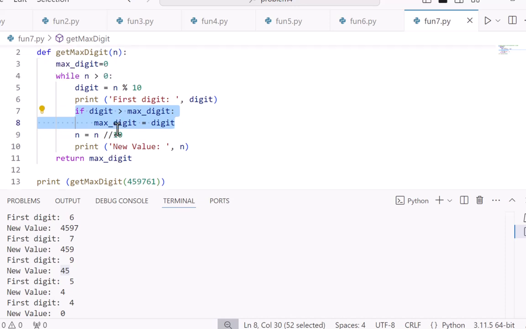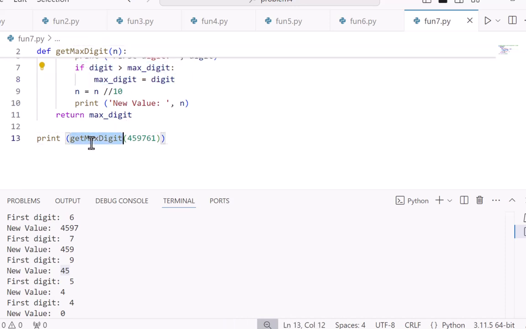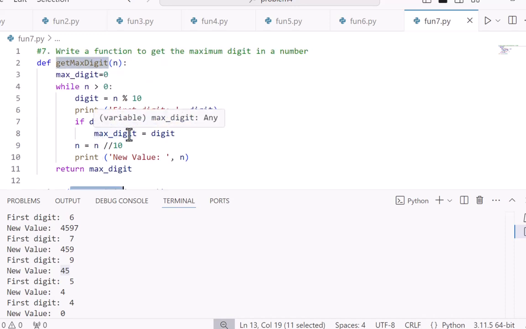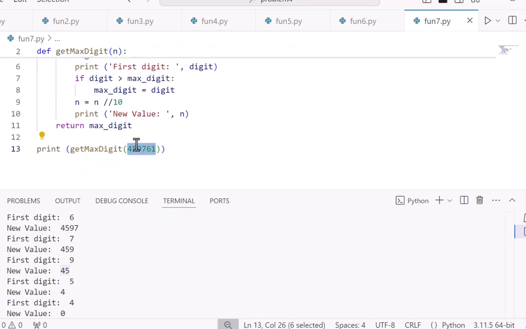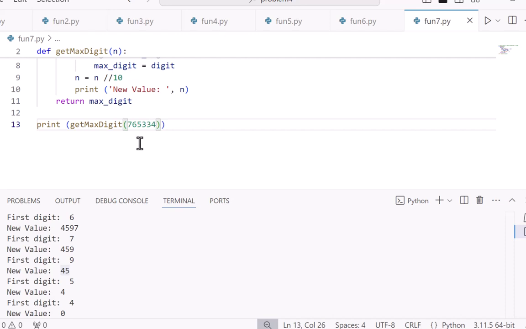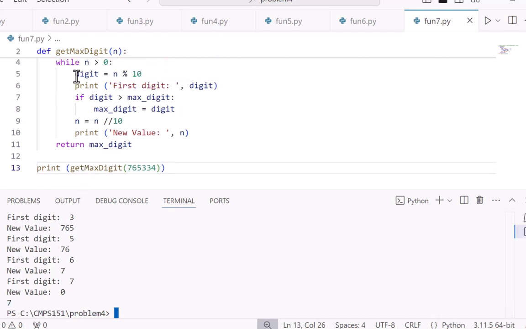So, modulus 10 to get the first digit, integer division 10 to remove the first digit. So this function now gets the largest digit in any number. Now it should return 7 here. Yeah, here we get 7. And the output statements here are for you just to understand why we did modulus 10 and why we did integer